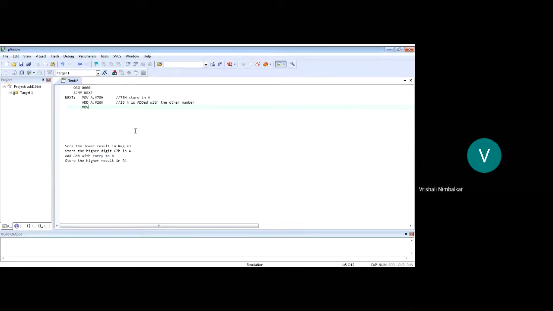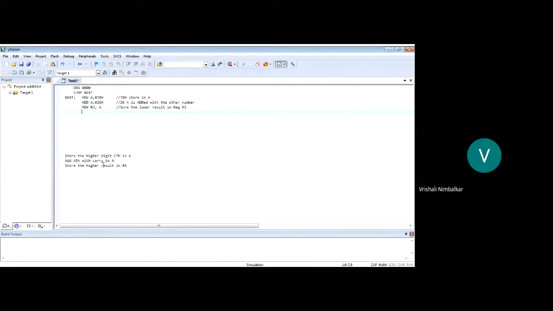First is the destination, which is R3, and then the source, the accumulator. Accumulator data is to be stored in R3. So MOV R3, comma, A. This is what we have done: data from the accumulator we have stored in R3.